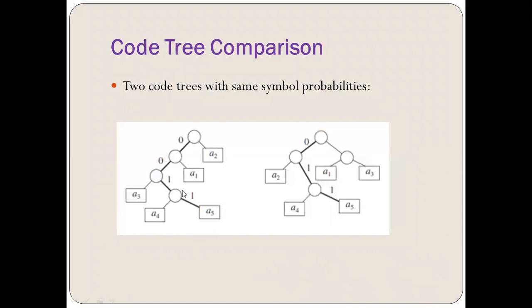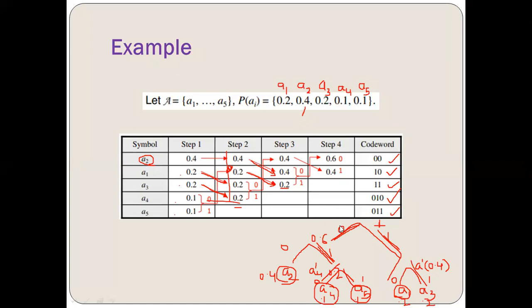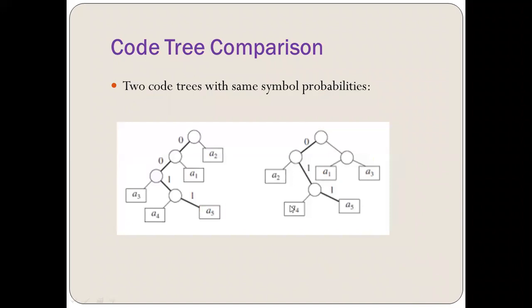Now, you can just see there is the comparison of the tree. I have already made the tree in this particular. So this is the tree for minimum variance Huffman. So this is A2, A4, A5, A1, A3. This is the tree which was made for minimum variance Huffman code, and this is for the standard one, right? So this is the difference between the trees which are made. Now, just see in the next part, I hope everyone has got it, how to make the tree.